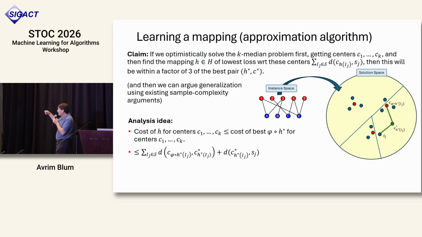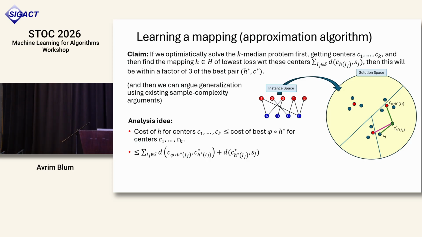So I haven't said what phi is. We can define phi to be, for each green dot, for each C star, what's the closest red dot? What's the closest K-median center? So that's how phi is defined. So we care about that green line up there, okay? And so from that green dot to that higher up red dot, since that's the closest one, that's less than or equal to the distance of the center to the thing that S_j would get matched to in the K-median unconstrained optimal. Okay, that's great. And then that's at most,